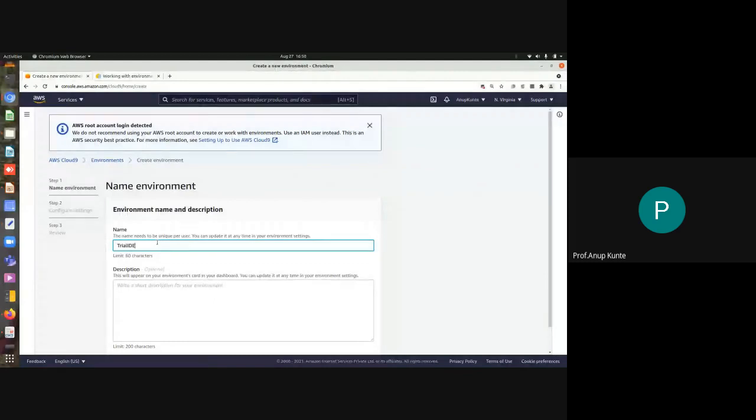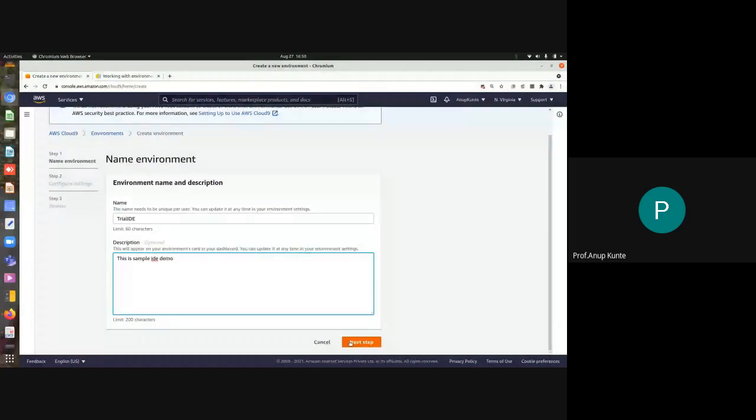Okay, I should describe this. This is a demonstration. So this should describe what this IDE is going to be used. ये description कहाँ use हो, कहाँ आपको काम आएगा, वो जो कार्ड दिखा आपको when you come to this service. Okay, you will understand कि ये कौन सा वाला environment है. That is for just management purpose. Sample IDE demo. Okay, you can have up to 200 characters.